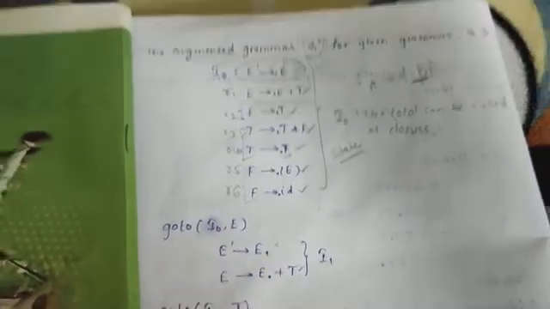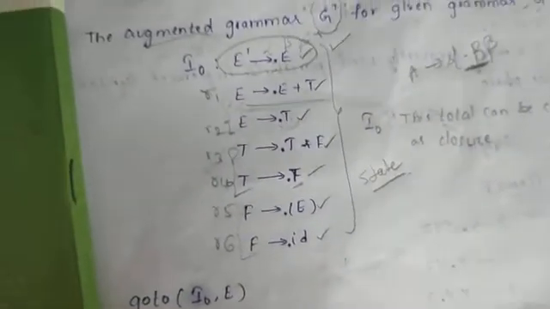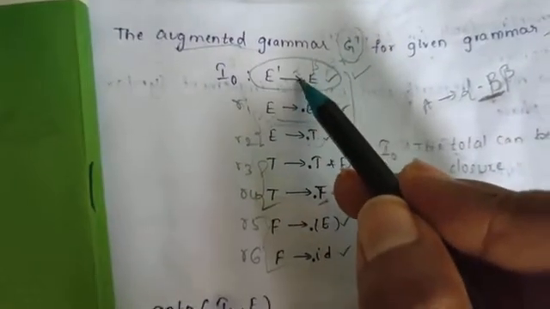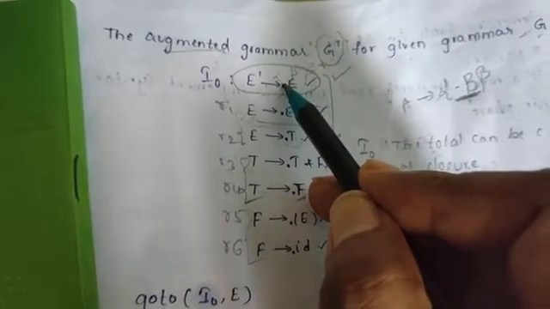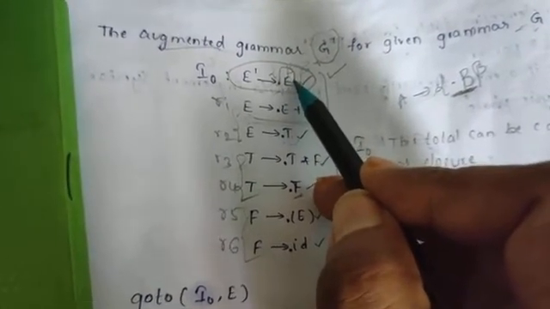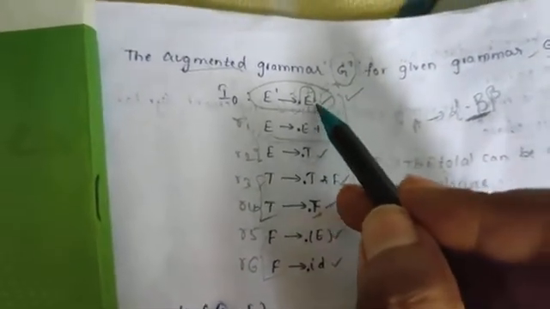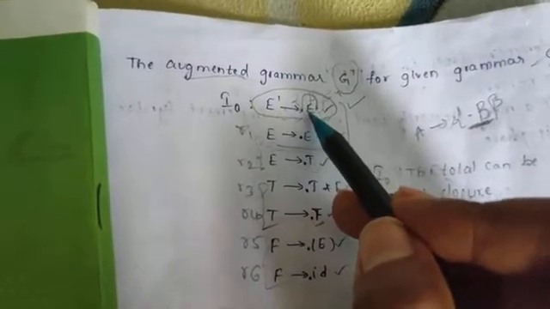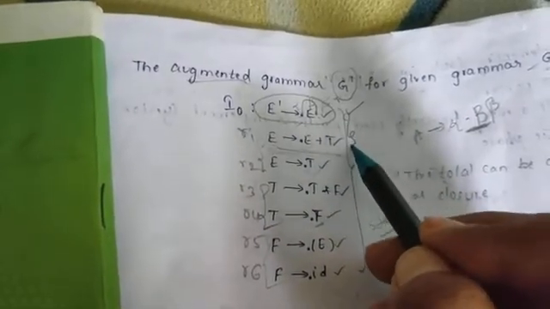So like that, first step is the I naught. Then we are going for the next step. In every step, this is the first element. Here we'll start moving the dot from the first production. Here the dot moves from here to here. Here two productions are there, and the dot will be before E in both. So these two can be considered as one thing.